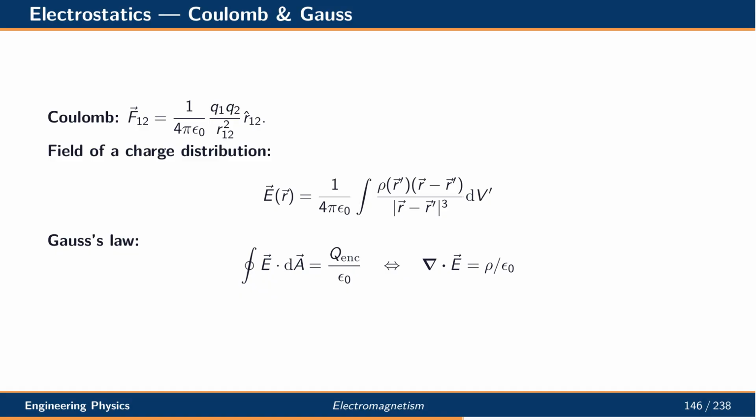Coulomb's law gives the force between two-point charges as proportional to the product of charges over the square of the distance. Integrating over a charge distribution gives the total electric field. Gauss's law states that the electric flux through any closed surface equals the enclosed charge divided by the vacuum permittivity. Equivalently, in differential form, the divergence of the electric field equals the charge density over epsilon 0. This is one of